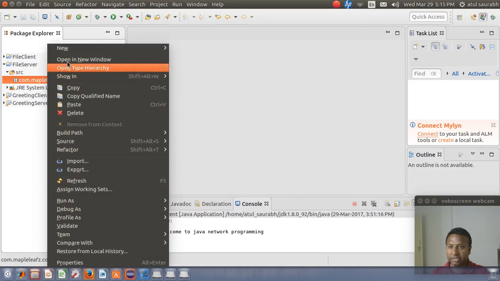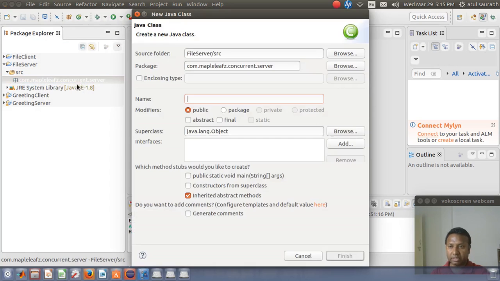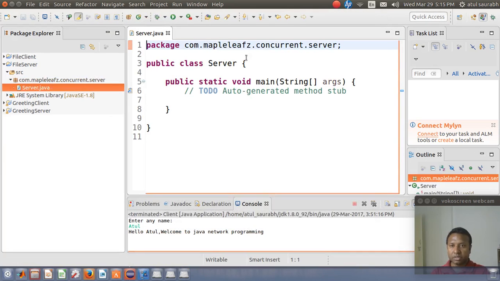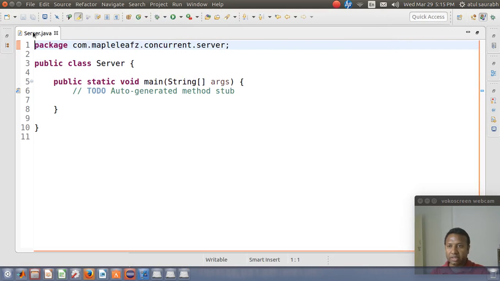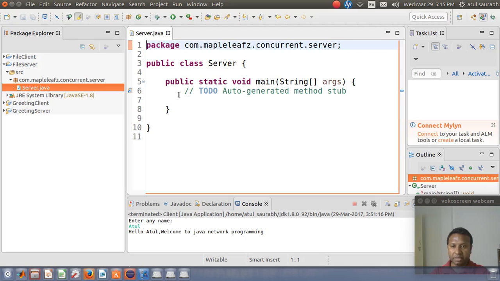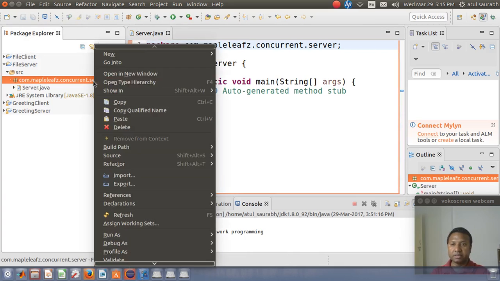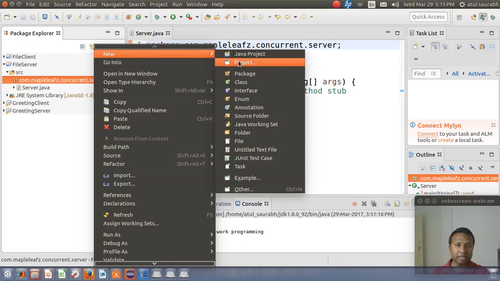So let's create one more class here. The class name is file server, or why not the server only, and it requires a main method. From this main, the execution gets started, and then I want to design a thread which will serve a client.